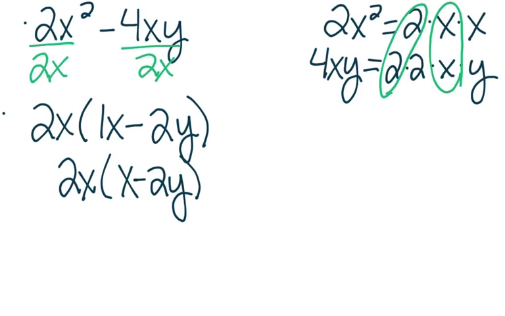And we also can double check. So if we notice here on the right side where we factored it out, we had an x left over, and that's what went in our parentheses. And we also had a 2 and a y, and that's also what went inside our parentheses. So for our second example,